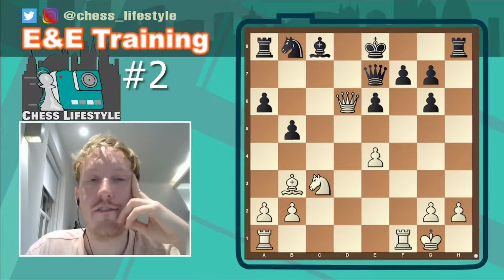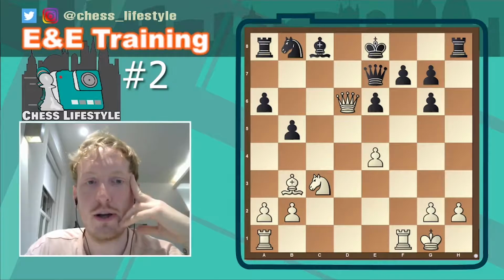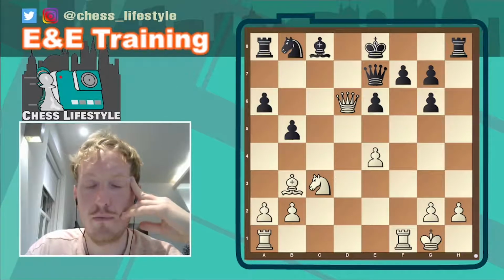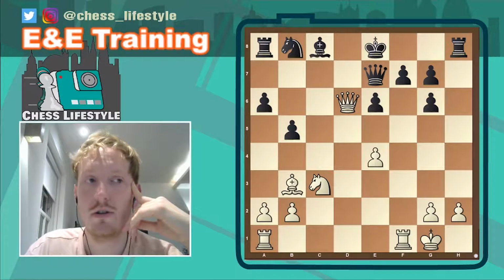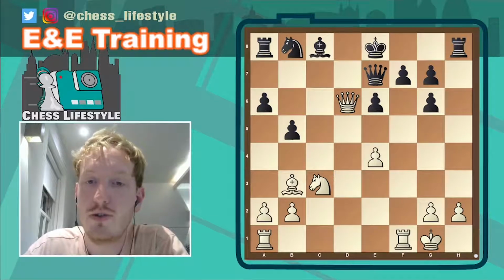Okay, so when I first saw this position, when I was working on my homework a few weeks ago, I pretty quickly decided that I didn't want to exchange queens because we're down a pawn and black is undeveloped. And I thought the best way to exploit this is to build pressure, and doing that is easier with major pieces on the board. And that is true sometimes, but